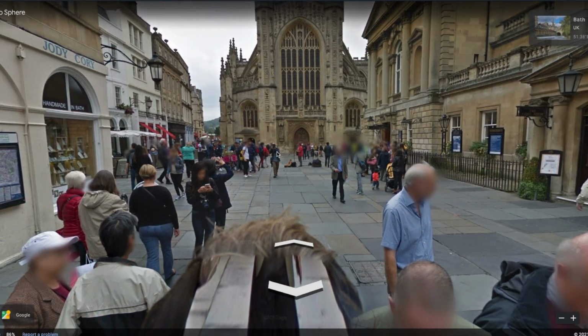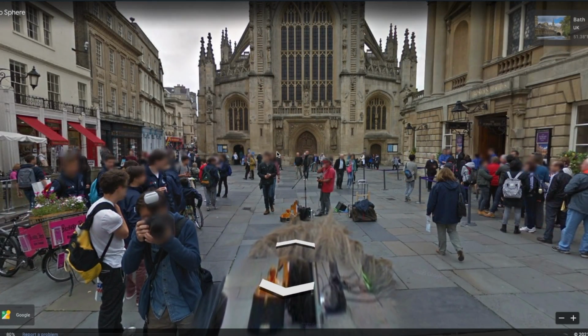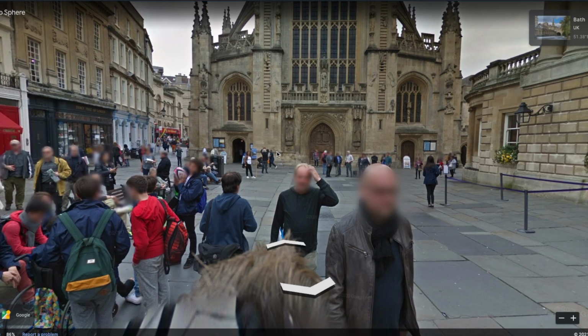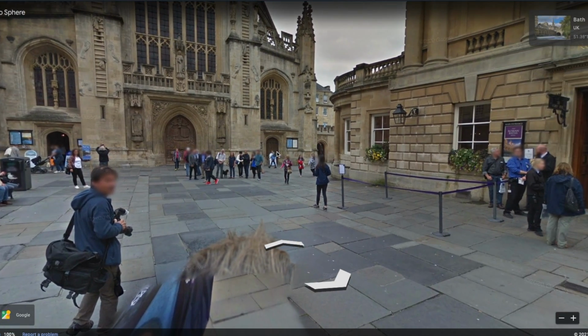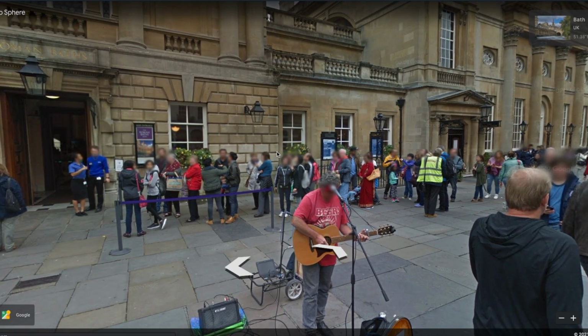So entering in to the courtyard here, you will see Bath Abbey in front of you, so if you do want to check it out before or after, you'll have the access to do it absolutely right there. So to your right now, we will see the entrance to the Roman Bath Tour. You can probably devote at least 2.5 hours to this. There is the opportunity to see